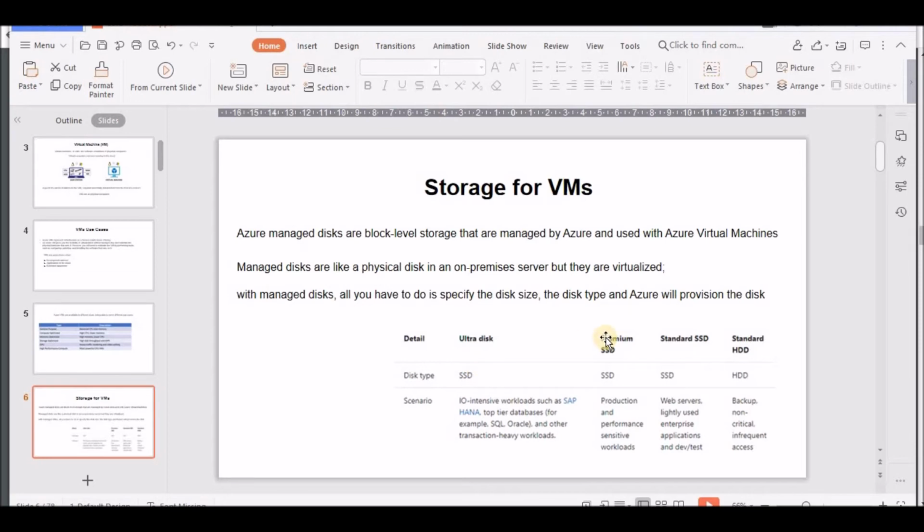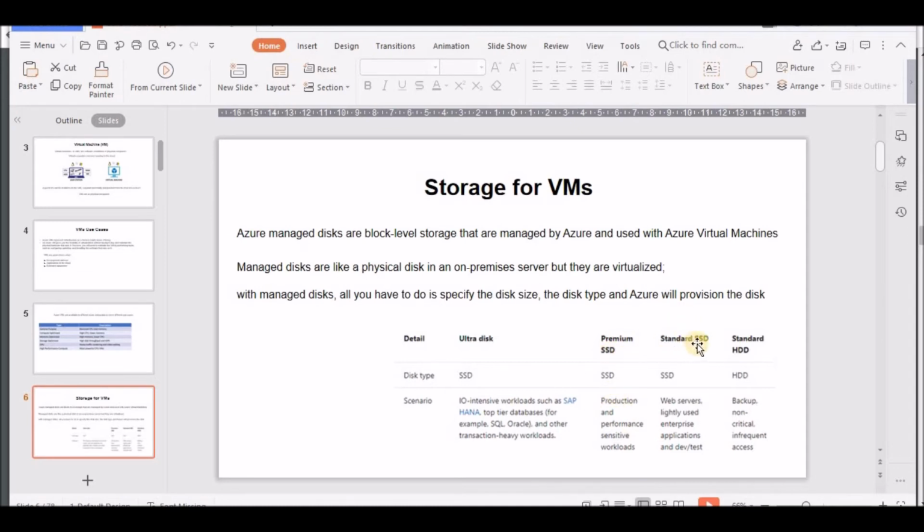Next, premium SSD is used for production and performance sensitive workloads. So whenever you have production and performance sensitive workloads, you can make use of premium SSD.